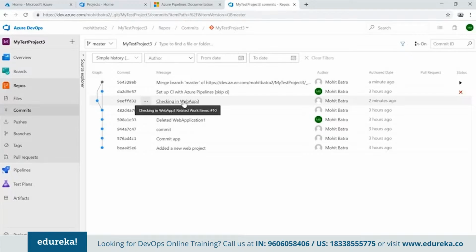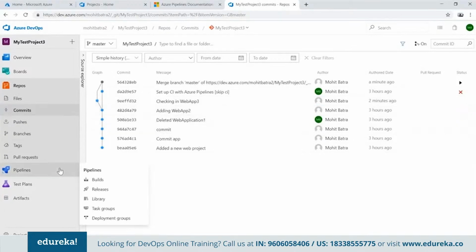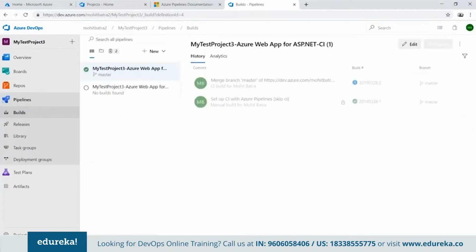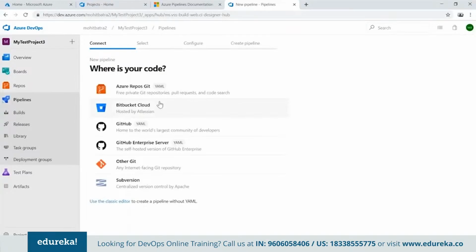Now the next thing is, I want to build this application. Okay, so if you guys remember, the second thing was checking in the source code. After checking in the source code, I want to automatically build this particular code. So what do I need to do here? I need to go to the third component called pipelines. I see something called builds, which means I want to take up this source code and do an automatic build of that. So I can click on something called new build pipeline. I've already got 2 created, but I just want to show you from scratch how this is done.